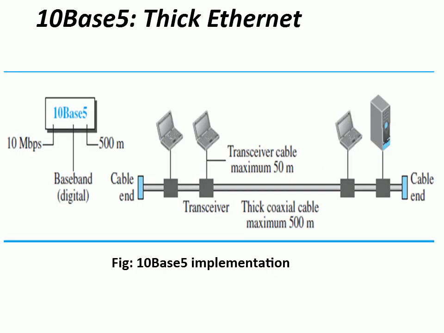Let us see all 4 implementations one by one in detail. Here we have the first one, 10Base5, which is also called thick Ethernet. As you can see in this figure, it is the first implementation of standard Ethernet. The next point is that it uses a bus topology with thick coaxial cable. As you can see here, from one cable end to the other you can see the thick gray line. That indicates a thick coaxial cable, and the cable is so thick that it can't be bent.